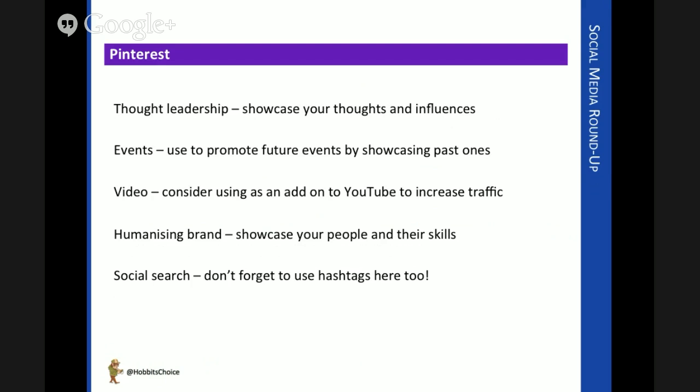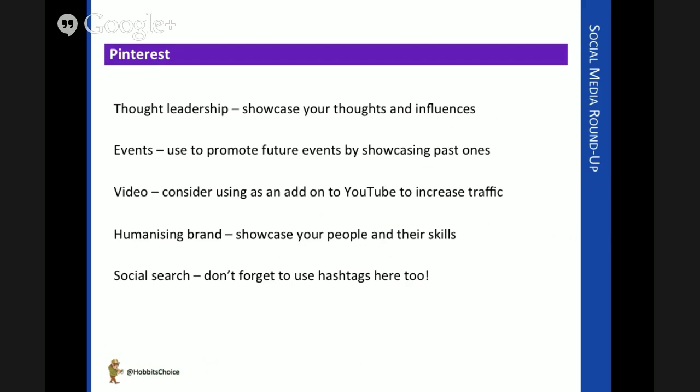It can be used to humanize your brand. A number of organizations use Pinterest with different pinned notices from different contributors, and it just makes the different people within an organization writing about different things more interesting. Perhaps it's pulling content through from their blog pages within your overall blog. It's a great way of making your organization seem like it's populated with real people.